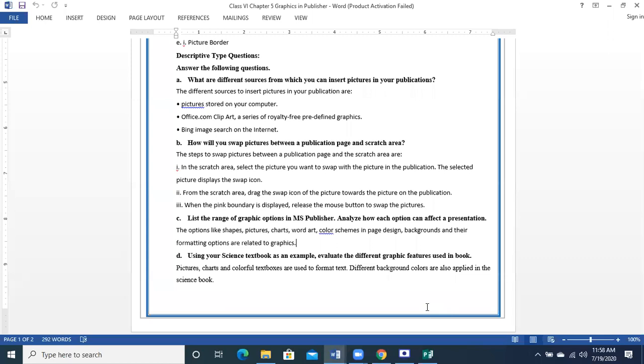Now, using your science textbook as an example, evaluate the different graphics features used in the book. What graphics features have been used in your science book? If you consider it, if you will open the science